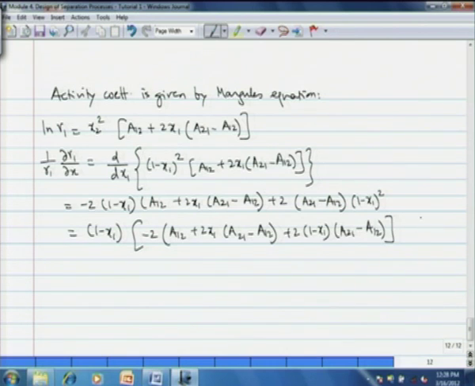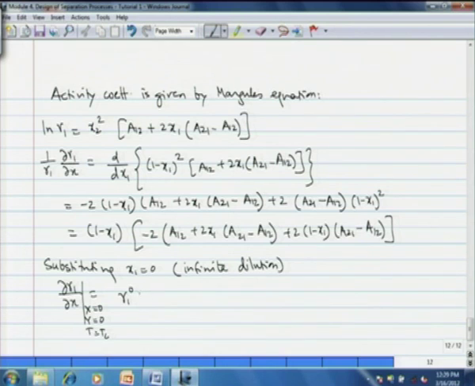Now we are evaluating this at conditions of infinite dilution, so we substitute x1 = 0. And then we get ∂γ1/∂x at x = 0, y = 0, t = TL equal to γ1₀ [−2A12 + 2(A21 − A12)]. After simplification, we do not write the subscript 1 here because we have only one solute, so the subscript 1 we drop and just write 2γ₀ (A21 − 2A12). Okay. And now substituting for ∂γ1/∂x in the expression for ∂m/∂x,